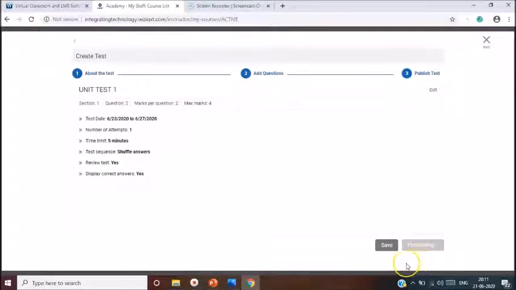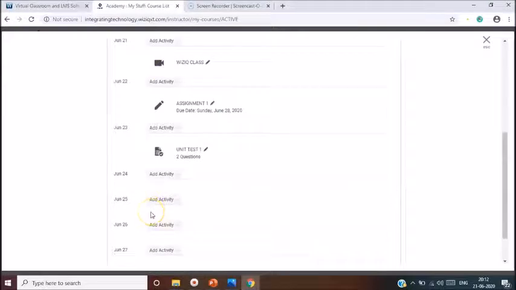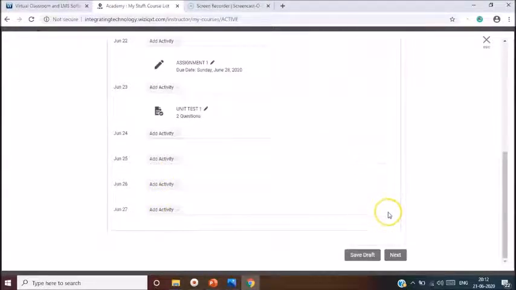Now it is processing. You can see every detail of your test, the test name, the question, section 1, question 2, marks per question, maximum marks, the date of creation, the date of test, the number of attempts, etc. I can go to next.